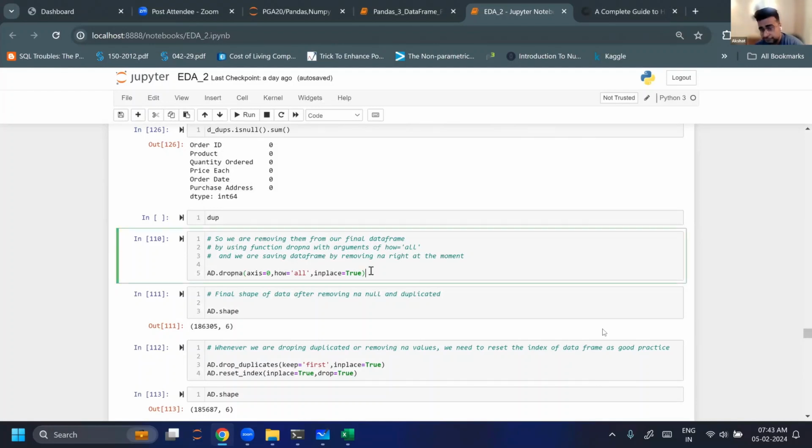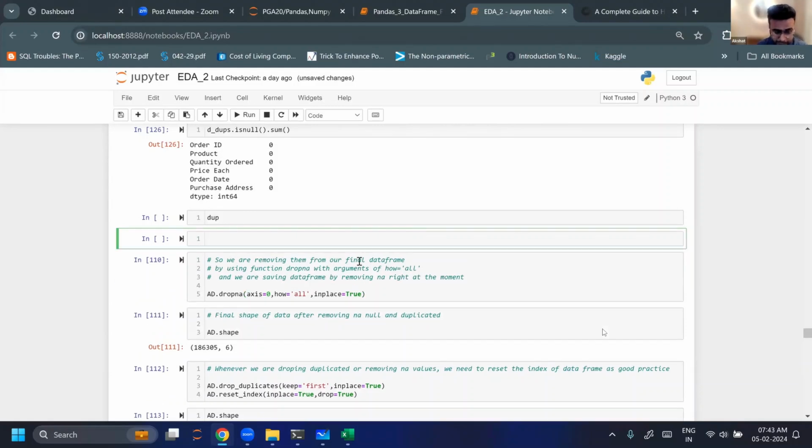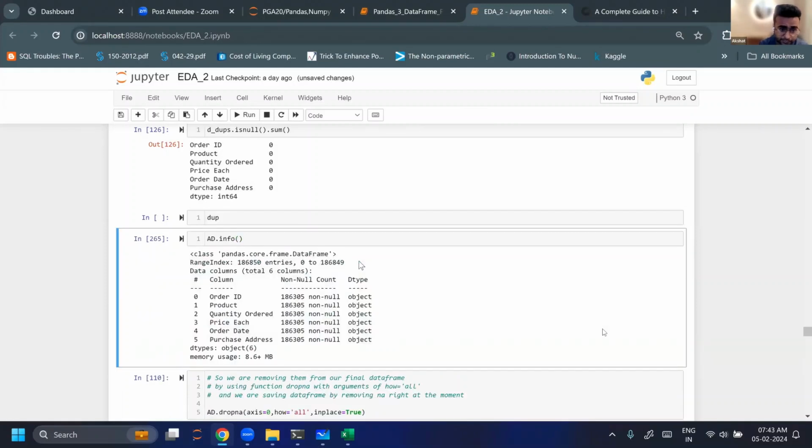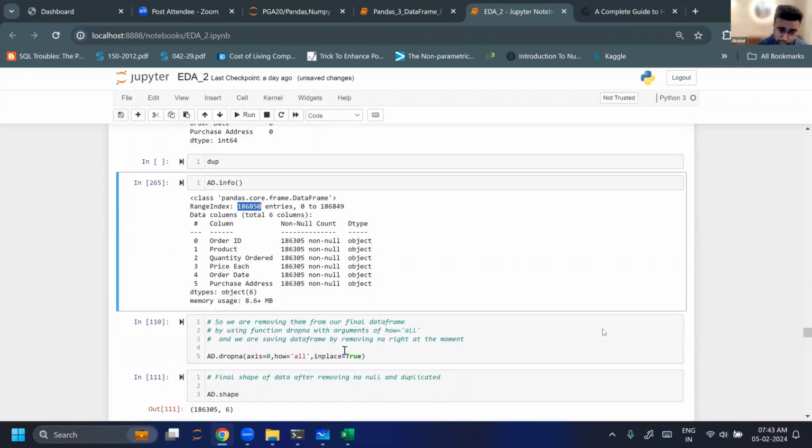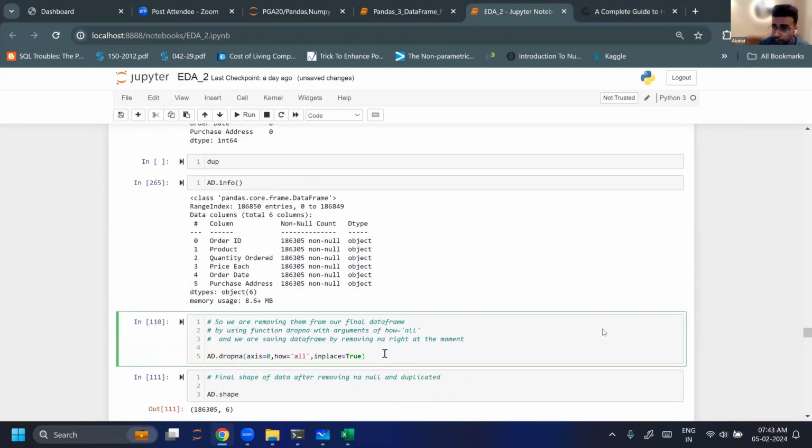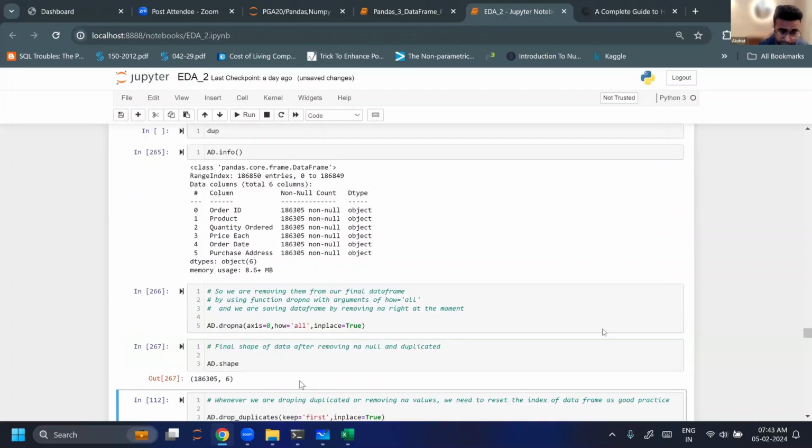So after we have seen that we have 1428 duplicates, we will be removing them from all our data. So AD is right now having 18685 entries, the same old data with all the problems. Now, in order to get rid of that, we will drop all the NA values. Okay, and now after removing the NA values, we are having